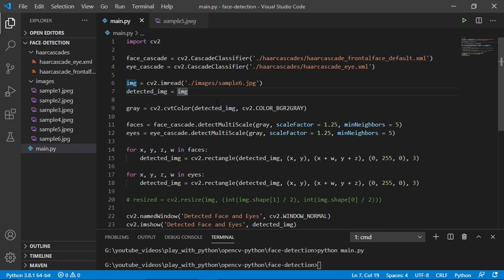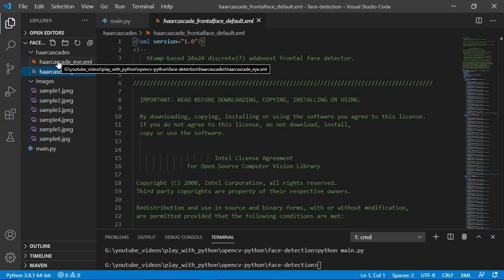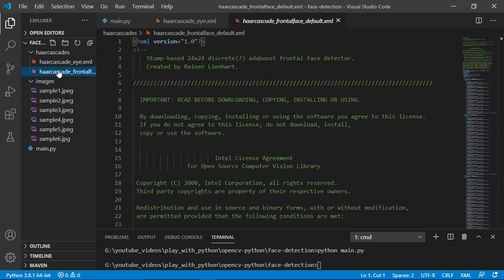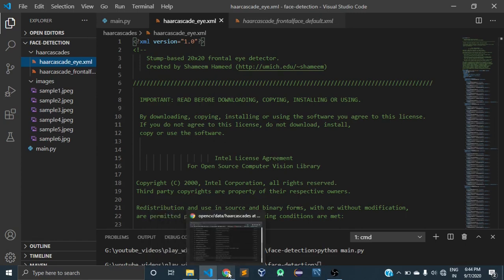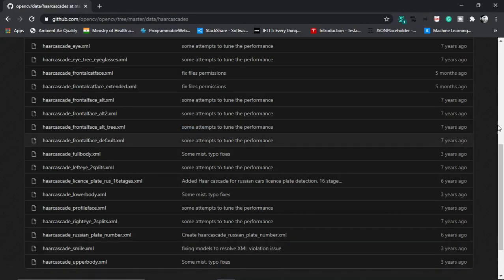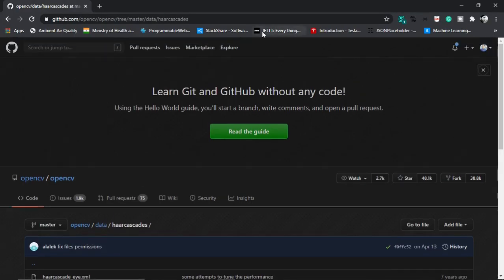I have already downloaded these two XML files. These are the models that I was talking about. This XML file is to detect a frontal face. These are called cascade files, and this one is to detect eyes. If you want to play with other types of XML, this is the GitHub repository.